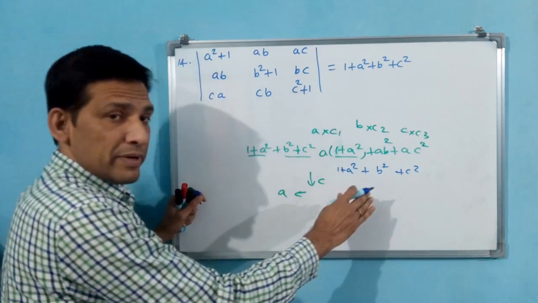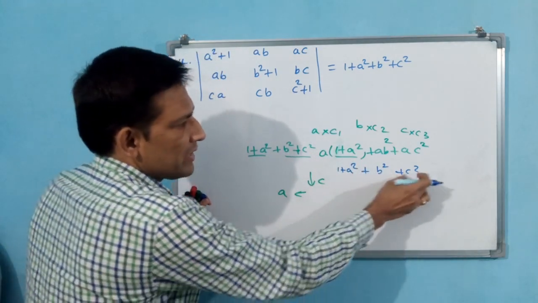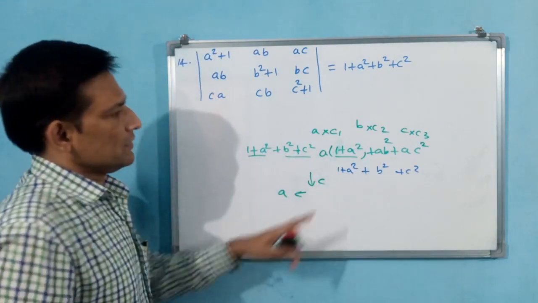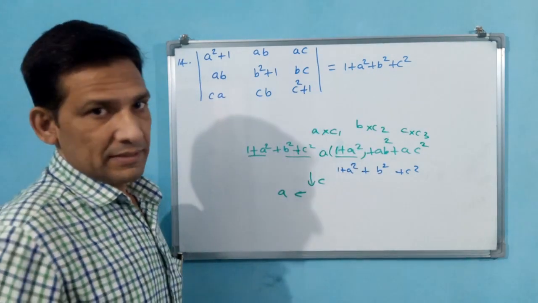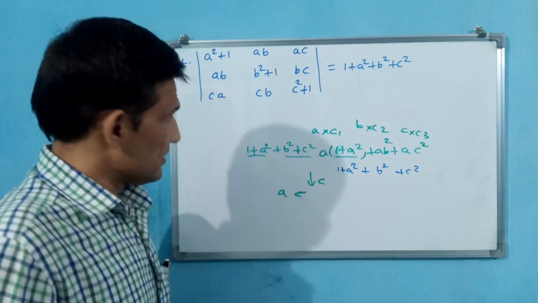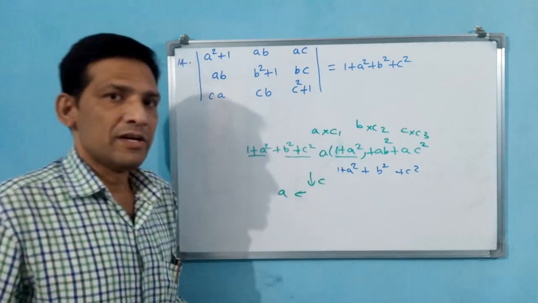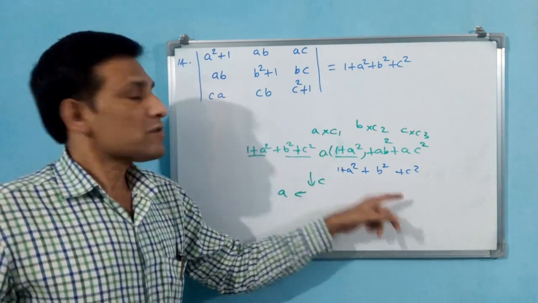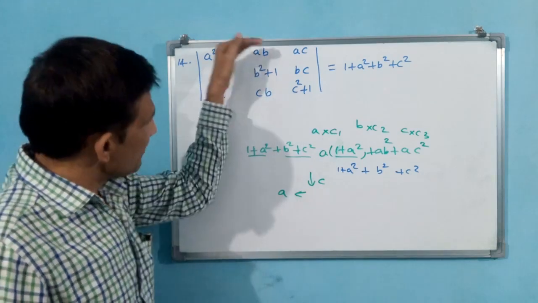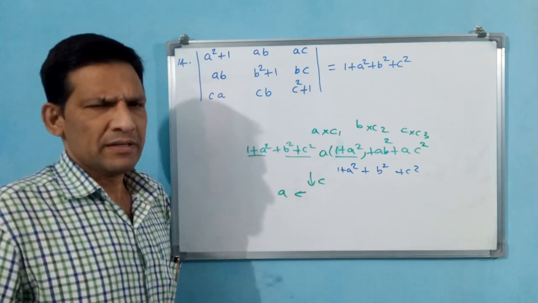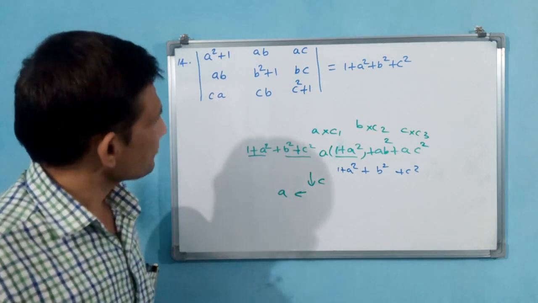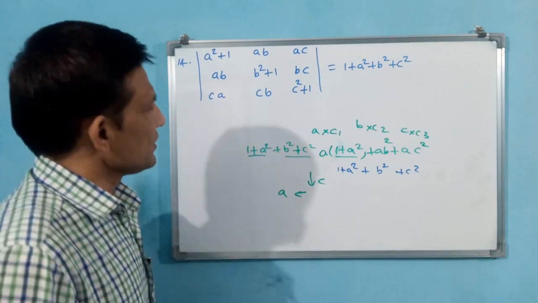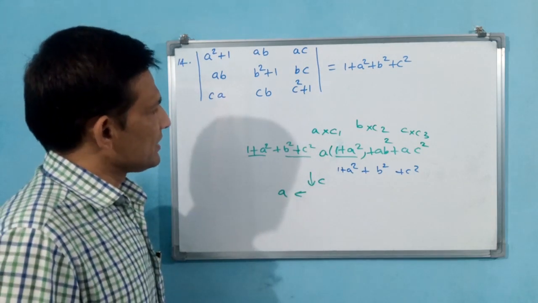Not becoming, separately it is becoming, but we can add now. 1 plus A square plus B square plus C square. This is what we want. Okay? You see, such type of questions normally, if you see this compatibility with one element, automatically the remaining elements are going to satisfy, or else you can check with the remaining elements also.